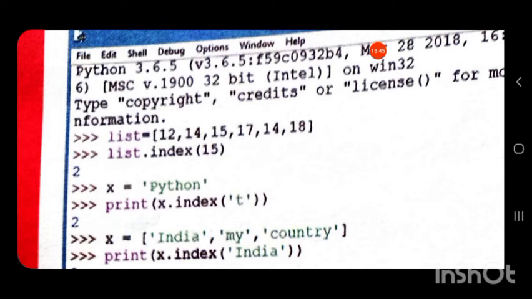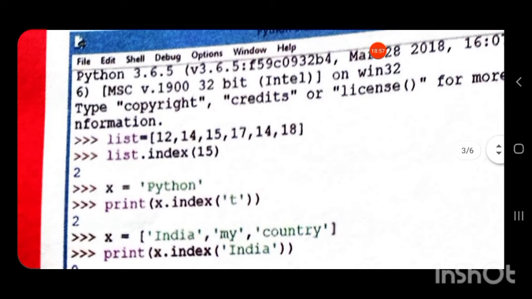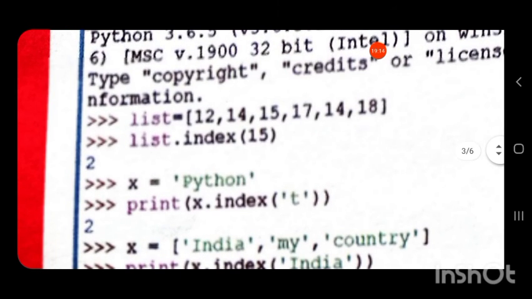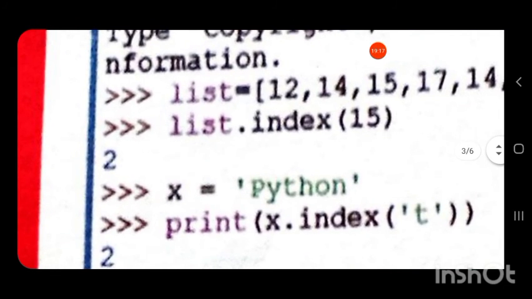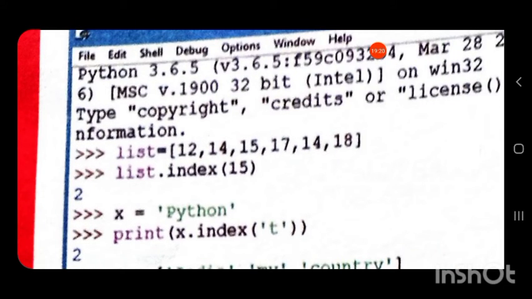We know that we have the index function to find out the index value of a particular element in a list. So, we write list dot index in brackets, the element whose index is to be found out. We write 15 because we have to find out the index of 15. When we print it, you can see the output obtained is 2 because 15 is at index position 2.